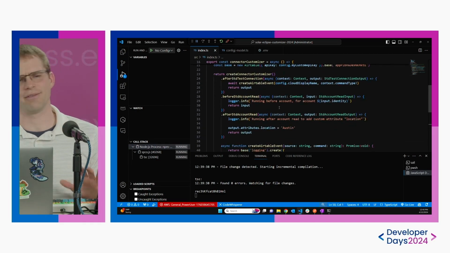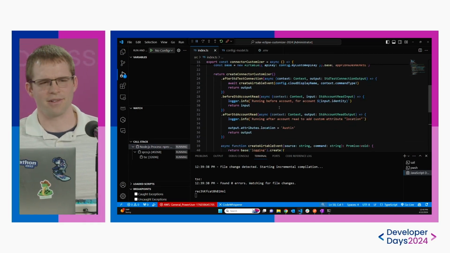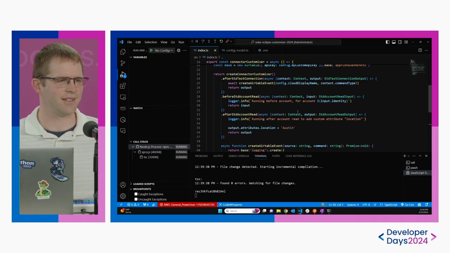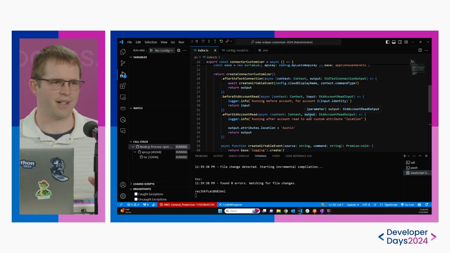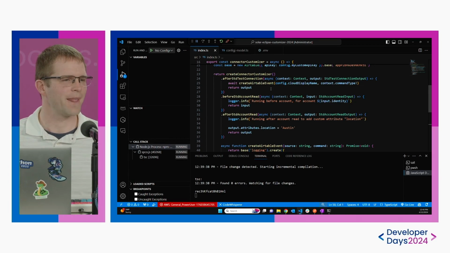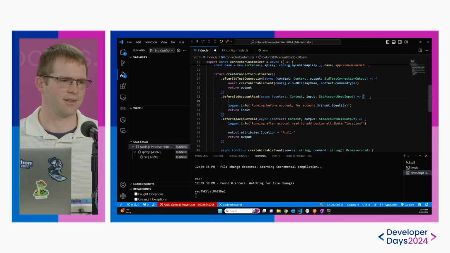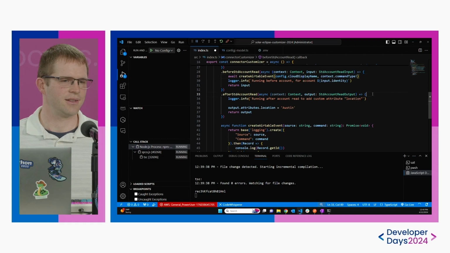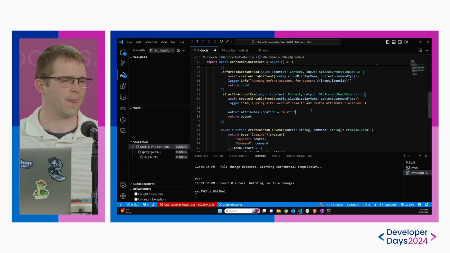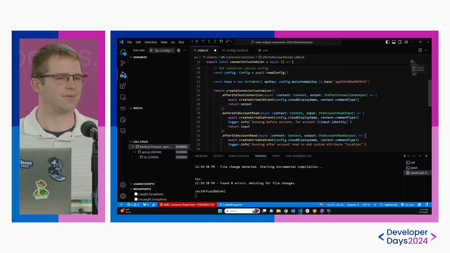So I just want to give a brief overview of what we have going on right now, because it is a lot, I know, if you were not following along completely. But what we have now is this little method here, and I can apply this method anywhere. So I can put it here, and here as well. And now anytime that this connector has a standard test command happen, it will append a new row